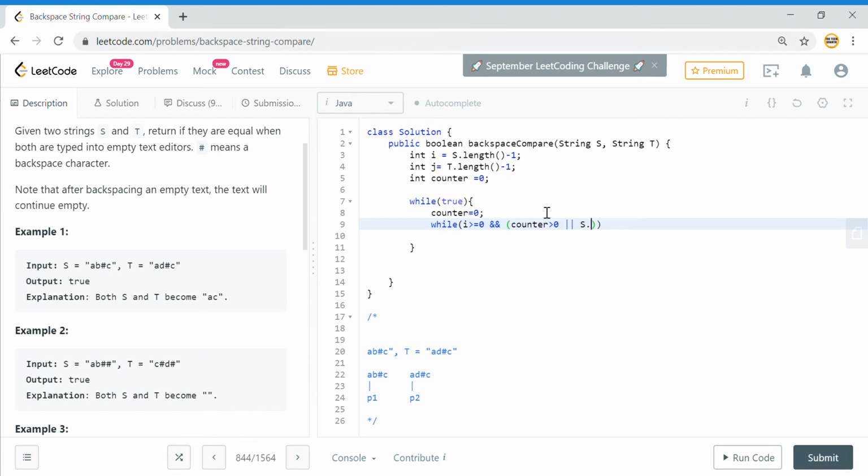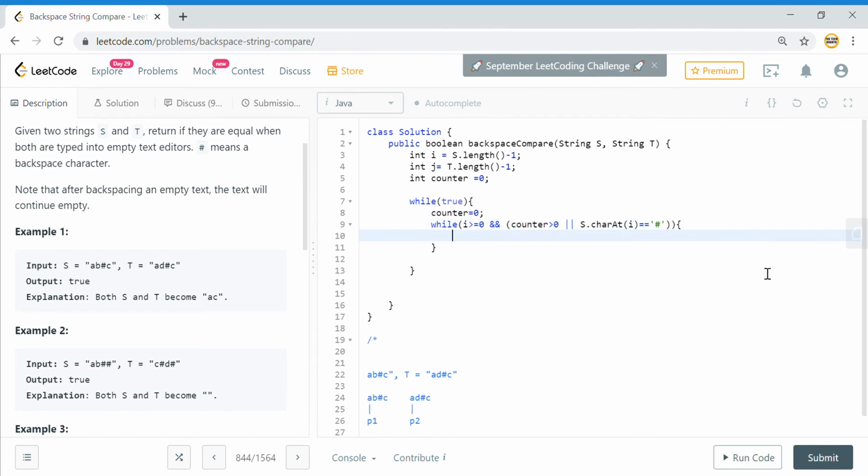So s.charAt(i) is equal to hash. In these two conditions I need to move my pointer towards the left.